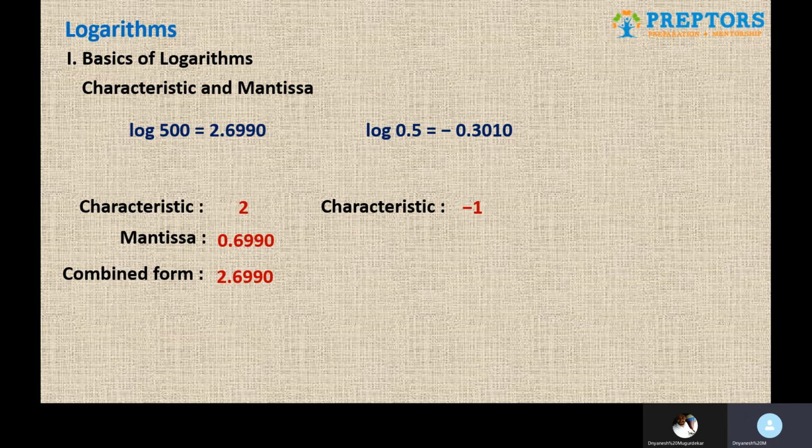That's the main idea. And because we have decreased the characteristic by 1 further, mantissa will not be just 0.30. What we are going to do is we are going to subtract the actual value from 1. So you are going to subtract 0.3010 from 1, and whatever answer you get will be your correct answer for mantissa. In this case it will be 1 minus 0.3010, which is 0.6990. So for negative numbers, that's the only part that you are supposed to remember as far as characteristics and mantissa is concerned.